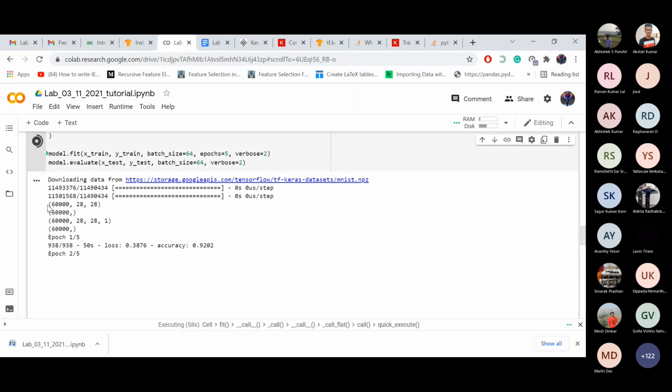See, here we can see that we are getting 60,000 filters and 28 cross 28, and we should have got 1 as the dimension since number of channels is equal to 1, but since we are missing this, we needed to expand the dimension of the set and increase it by adding another axis. So we expand this to having another dimension. Now axis equal to 3 will consist of number of channels, which is 1 here.